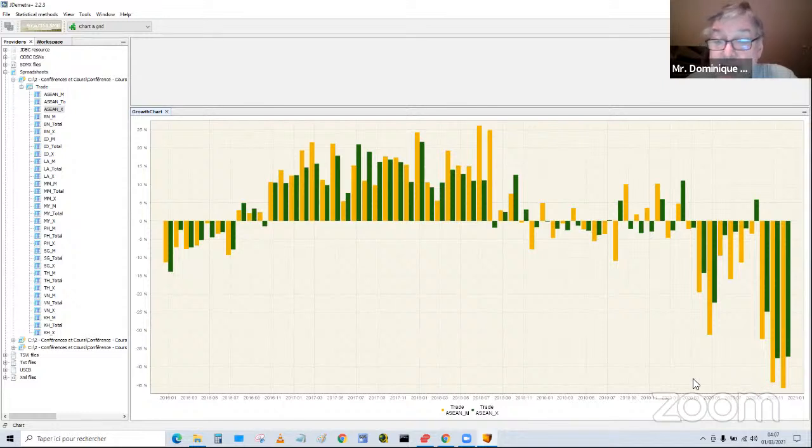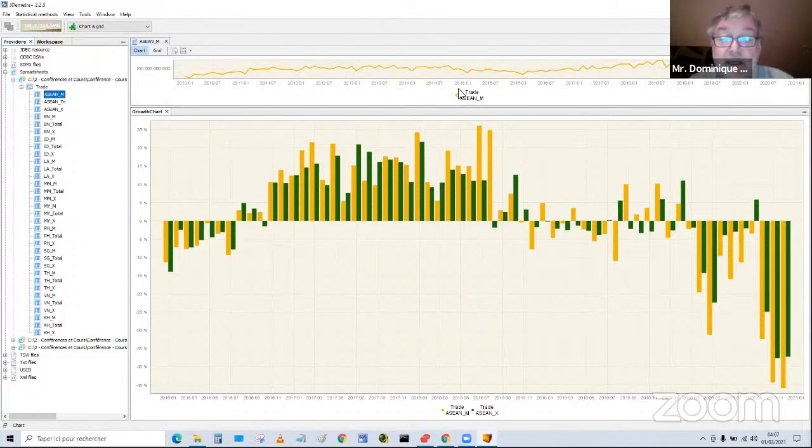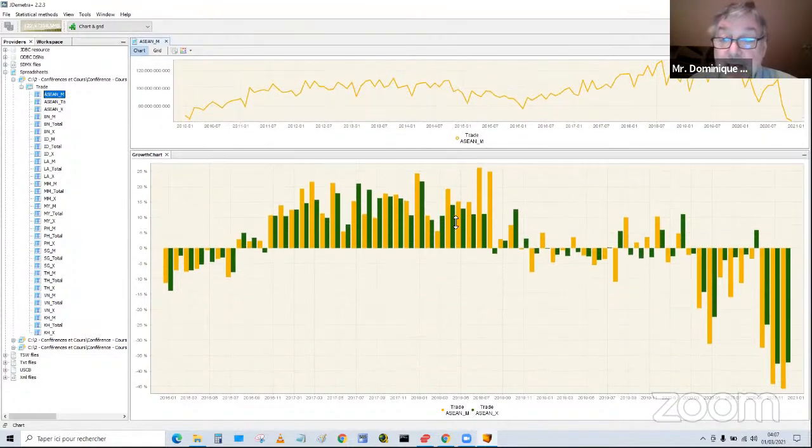To check that, let me just double click on the series. For example, the imports. Remember that the imports in my growth chart are in orange. So I double click on ASEAN. It gives me the graph. So if I check that,